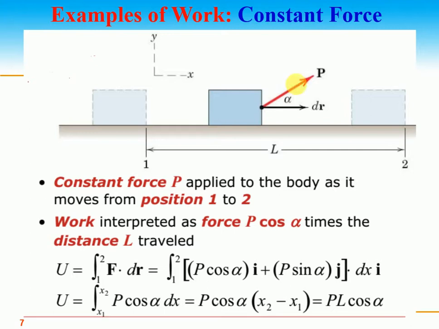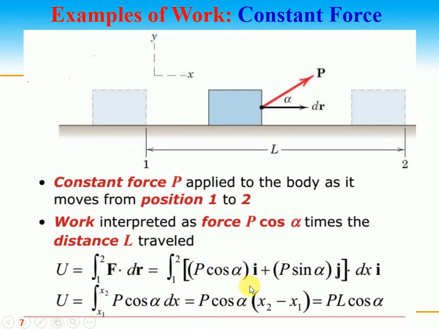The next thing is, if the force is constant, what is the work done? Dear students, we have discussed that the work done is the dot product of force and displacement. You know that when two vector quantities are multiplied and the resultant is a scalar quantity, it is called a scalar product, or dot product, and it is also called the inner product. So U from 1 to 2 is the integral of F dot dr, where U is the work done.